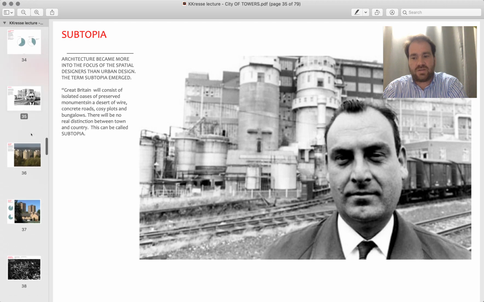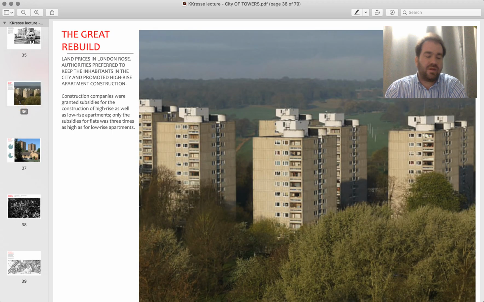So this started to become a problem, and in Britain, the idea of high-rise apartments was embraced. In the picture you see a couple of typical high-rise apartments of the time. This took off in the 60s, right? The economy was picking up after the Second World War, and now there were more people in Britain, and there was a deficit of housing. Still, the preferred way of living was the single-family home or the row house. So, in order to stimulate the